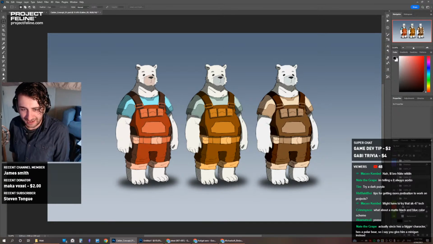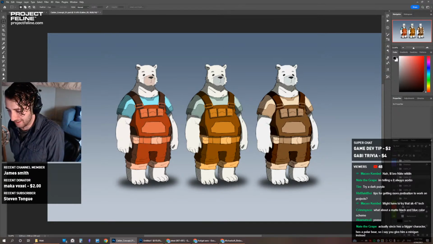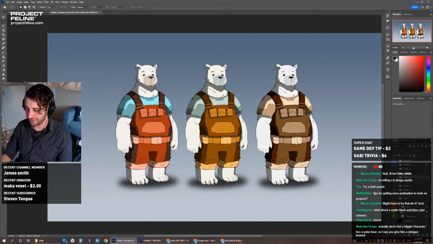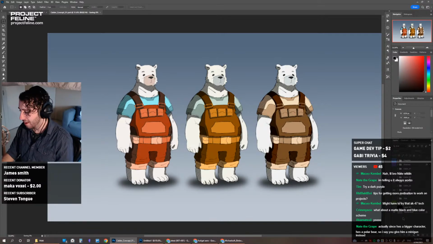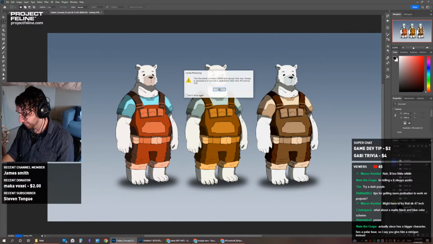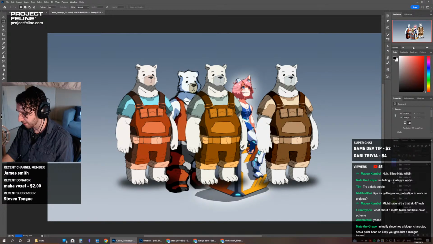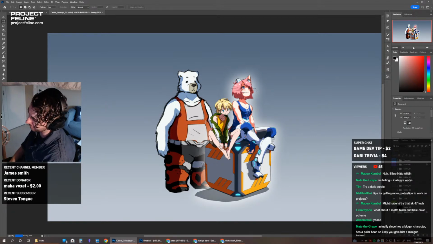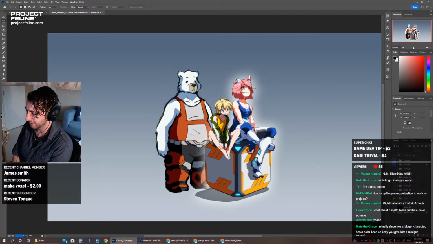Matte black and blue. See, I can't do blue because Gabby's blue. The other thing I have to consider, let me just save, is that I have a layer of this in the background here. This is another test sketch I had from the other day. I would like to do a little tweaking on Felix as well if I get time later.